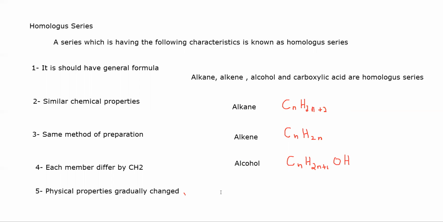And the last one is carboxylic acid. They are all homologous series. They all follow these characteristics. For carboxylic acid, it is CnH2n+1COOH, where n is equal to 1 less than